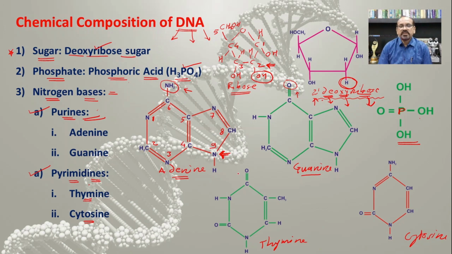Here also a similar type of difference is there between them, which is the prominent one. Now again here there is a numbering: this first one, second one, third one, fourth one, fifth one and sixth one, and the first nitrogen is attached to the sugar. So this is the old system in which this nitrogen was considered as the first.